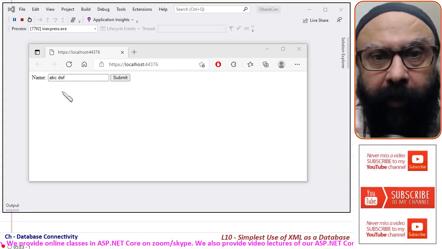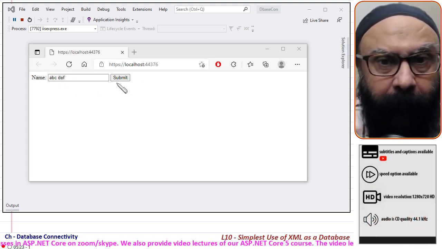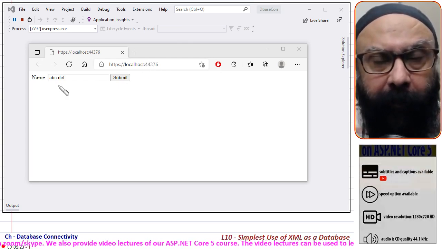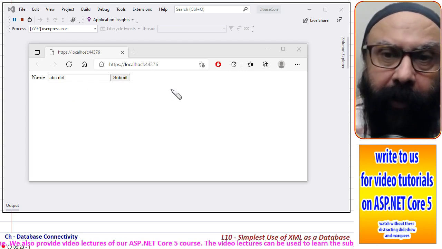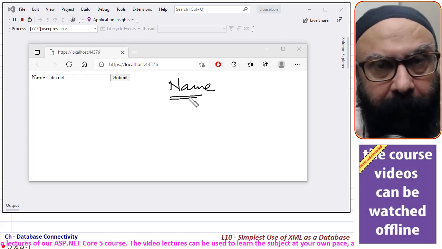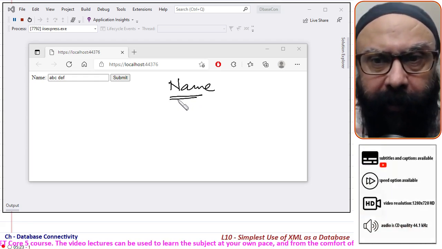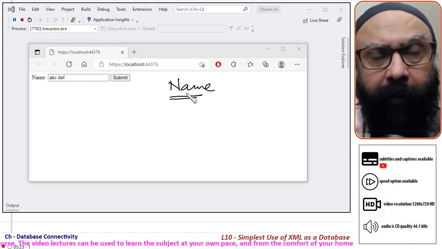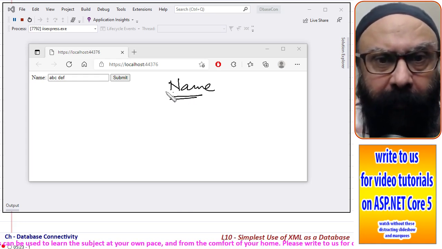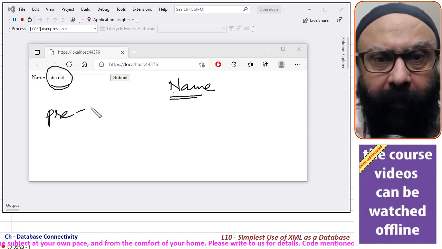Our project will consist of a single input text box and a submit button. When the page is loaded, it will query the database for the data stored there. The data is going to consist of only one field, that is name. I have kept it as simple as possible so that it is easier to follow and understand. The name will be read from the database, and whatever is the value stored in the name, that will be displayed, pre-filled